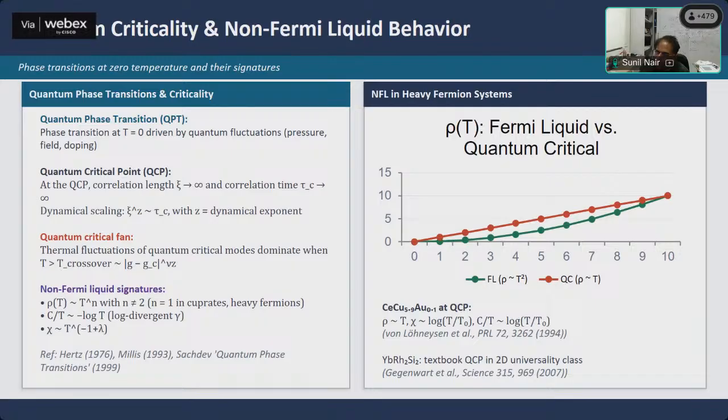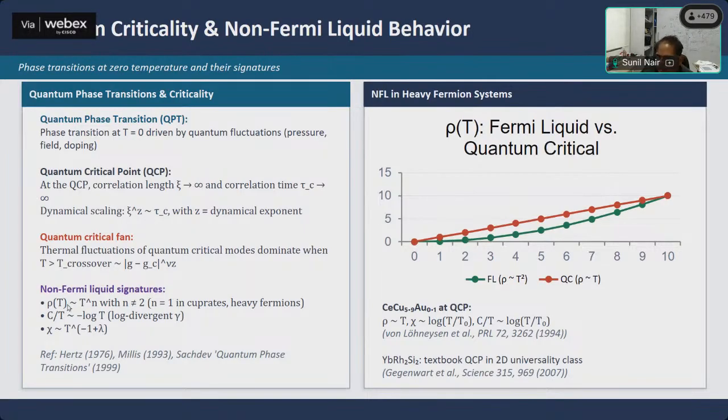So I have already talked about quantum phase transitions earlier, when I was talking about the heavy fermion systems. Basically, I just want to re-emphasize that across different material classes, be it cuprates, heavy fermions, or pnictides, a lot of the physics appears to be similar. That means you have a superconducting ground state closely tied with a potential quantum phase transition. Now, what that does is that it gives you, at reasonably large temperatures, a bunch of non-Fermi liquid signatures.